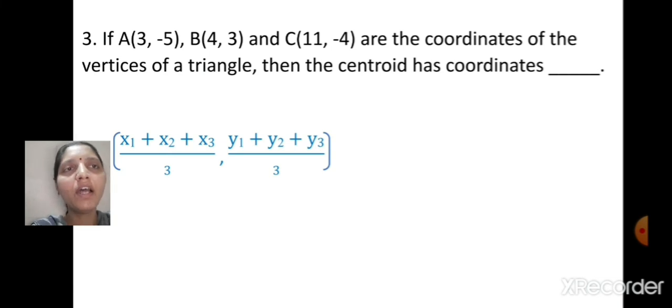So this is a very simple lesson. You only have to remember 4 formulae, and based on that very simple questions will be asked. So I hope this lesson is clear to all of you. You can practice all the sums given in your textbook, solved examples, and you also have to solve the problem set questions.